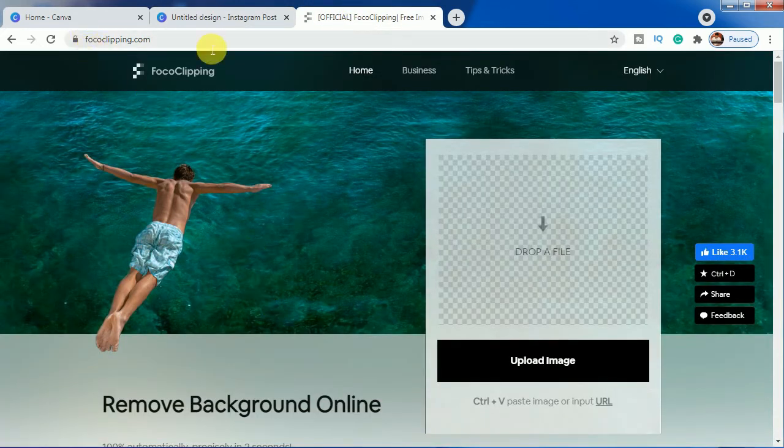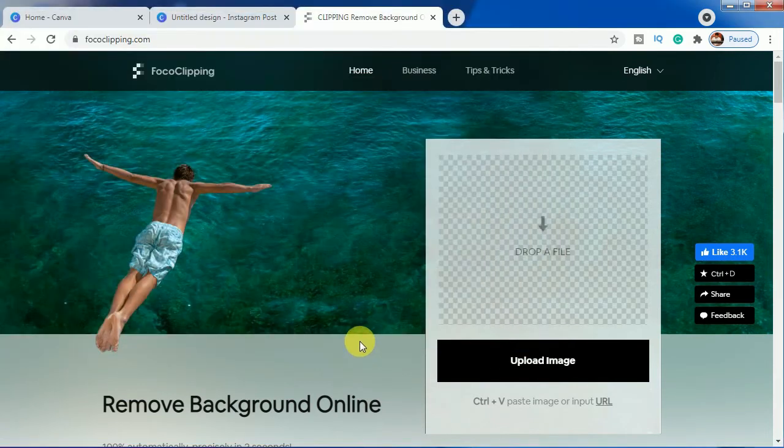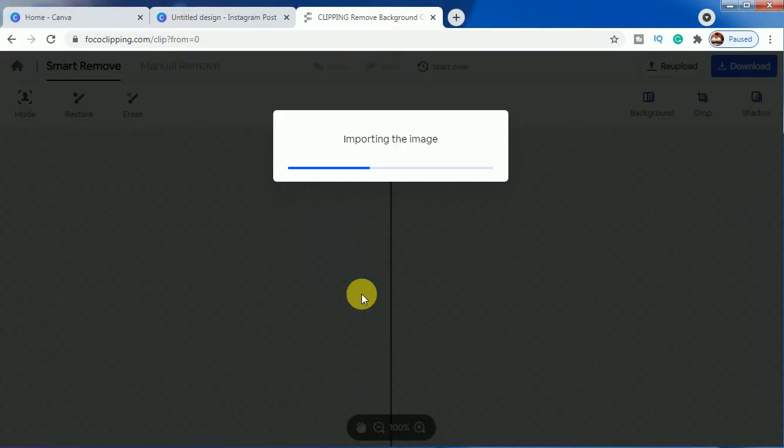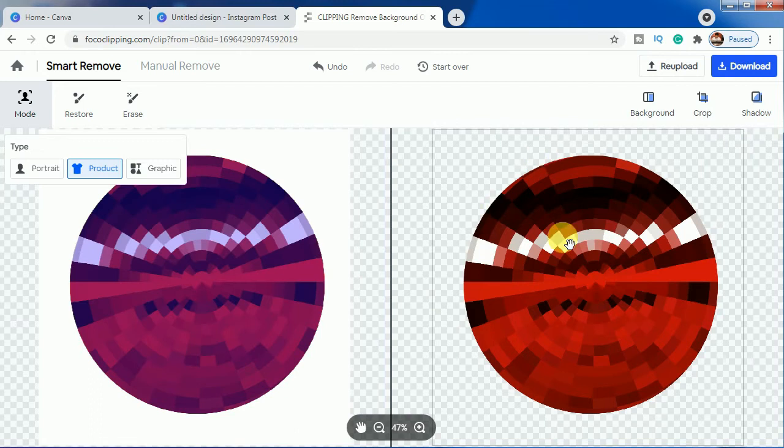So you come to fococlipping.com. I will link this website in our description box, you will find it there, and click on upload this image. Click this image, bring it in the panel and as you can see it's generating, and you will find the exact remove background image,